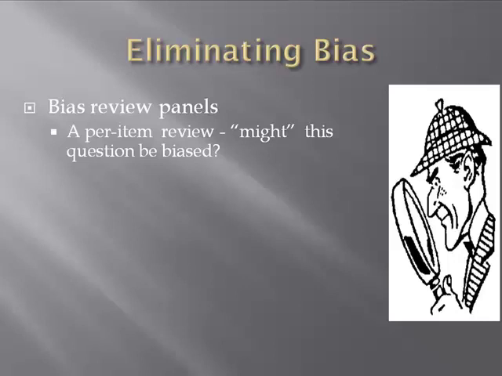So if it is biased, you have to make a decision. Well, I'm not sure. I can't say it's biased, right? But if you can say it might be biased, that's a much looser standard, and it eliminates a lot more questions that way. So you can see that this is one way to be very sure that the questions on the test that you've created aren't going to be biased towards a certain group, right? So, but as Popham says,